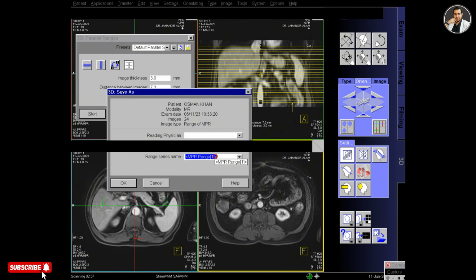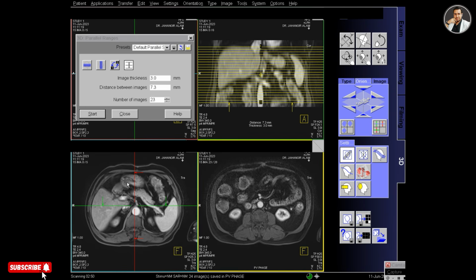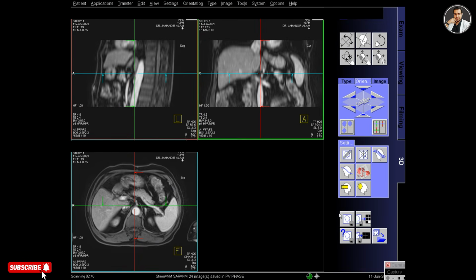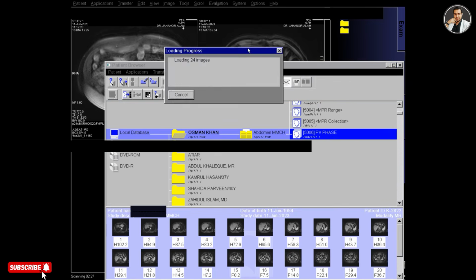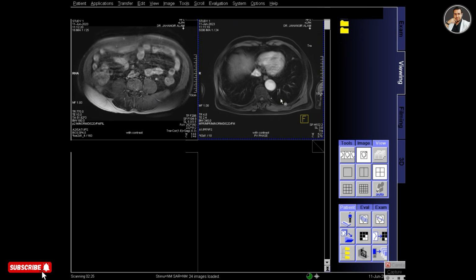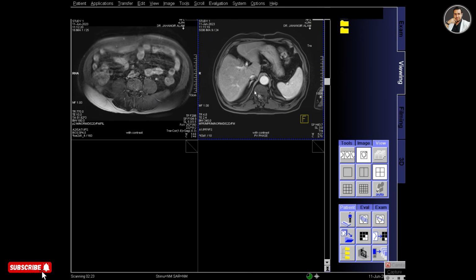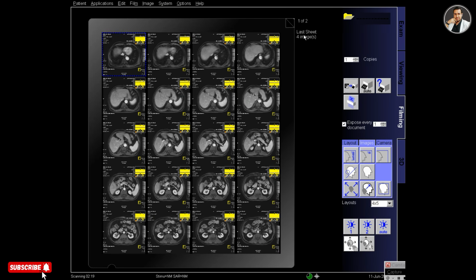So this portal venous phase will be written on each image at the bottom, so that the radiologist can understand that this is the portal venous phase. Now go to patient browser, select the portal venous phase series and drag it to viewing, and you can see that at the bottom portal venous phase is written.